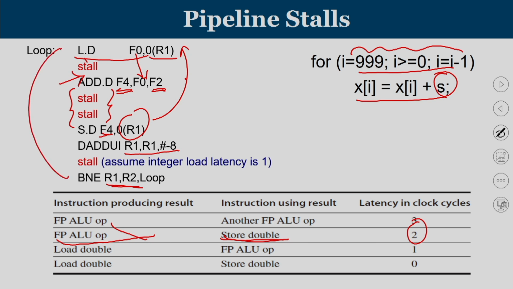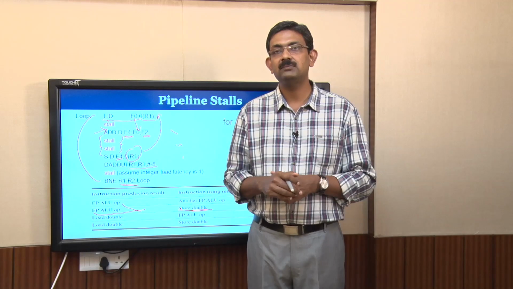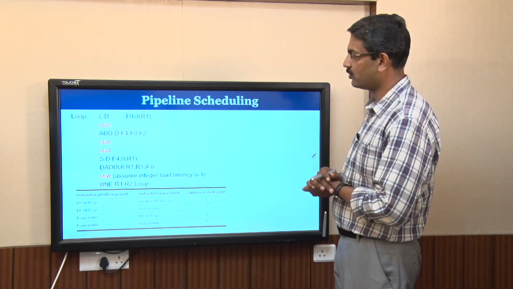So, if it is not, now I have a new value of R1, go and load that number, perform the scalar addition, store it. Decrement the index to the next number, check whether I have reached the exit state, and you are going to repeat this. So, this is the code that you have. Now, what is the peculiarity of this code? For each iteration, I have 4 stalls. Now, can the compiler help in rearranging this such that I can reduce the stall? That is what you are going to see.